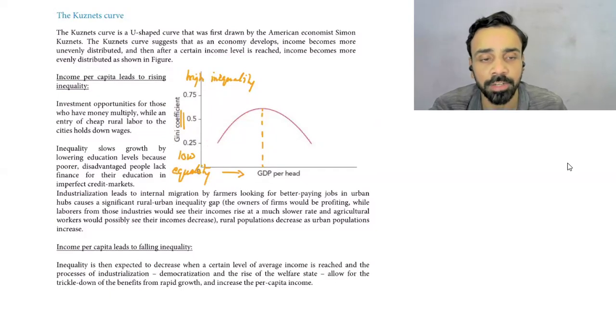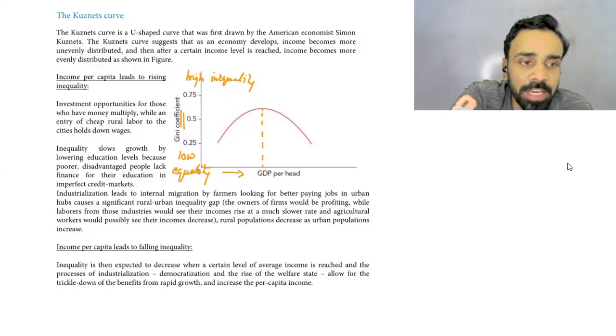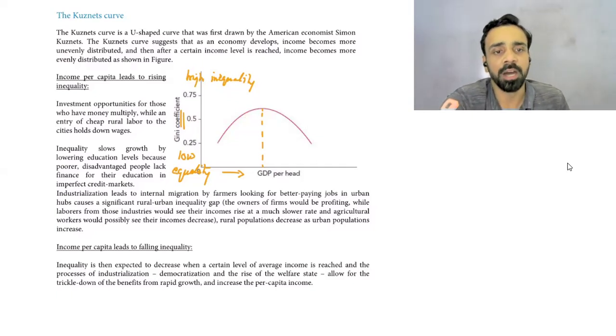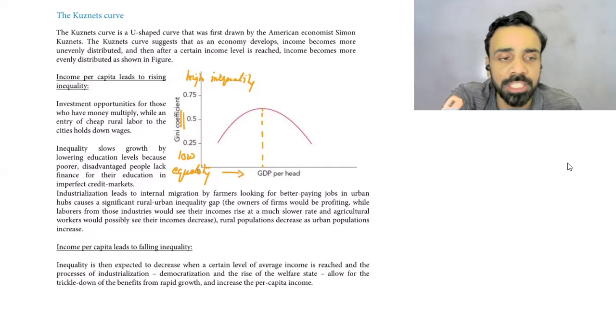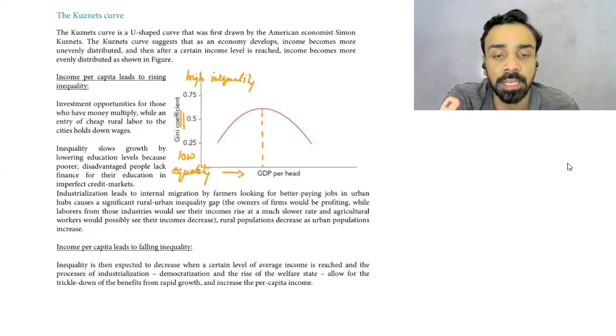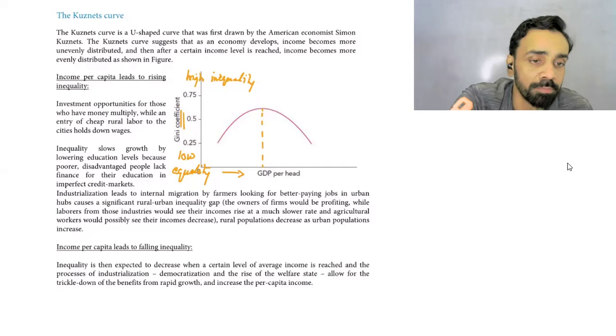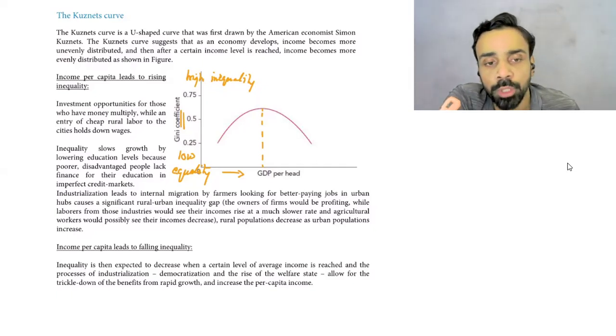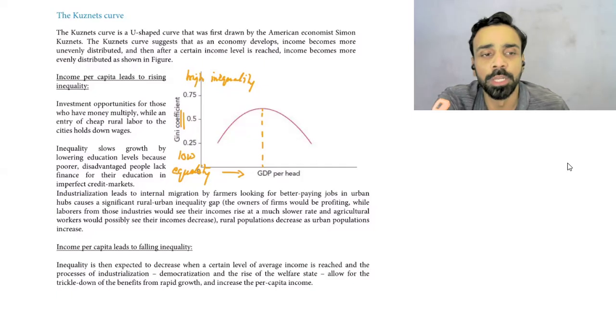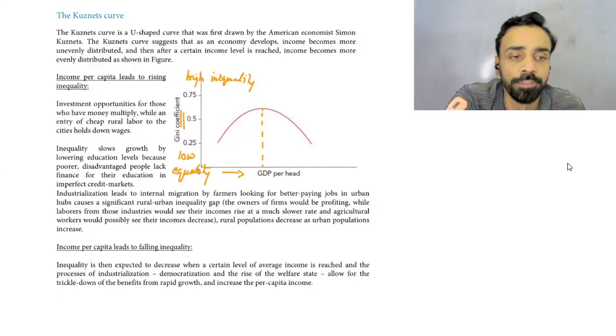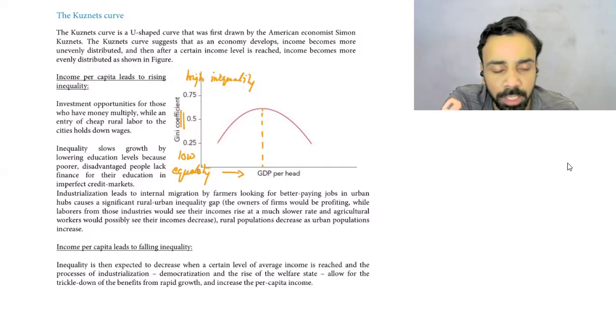So the idea over here is that when industrialization takes place, there are people who take the risk and start the industrialization, and they set up businesses, and they're earning more money than the workers, right? There's only one boss in an organization, or a couple of bosses, but they have plenty of workers, right? So obviously, those bosses' income is going to rise much more as compared to the workers. So their living standards will improve, their kids' education will improve, their healthcare will be far greater than the